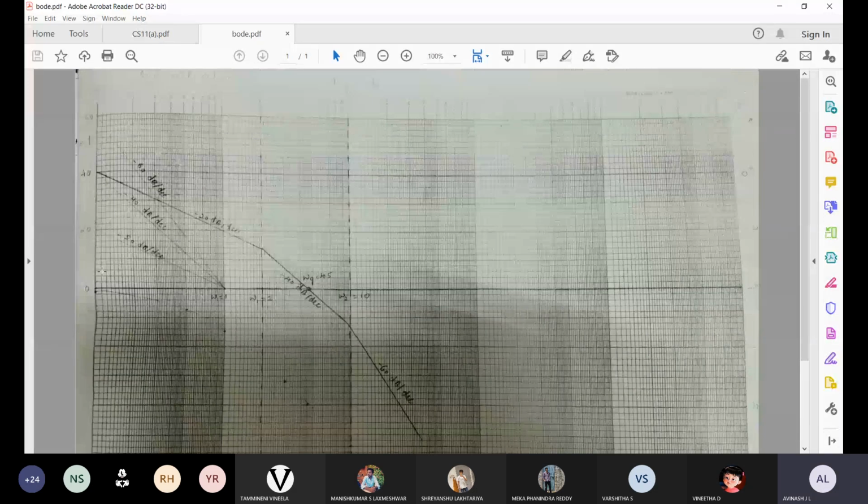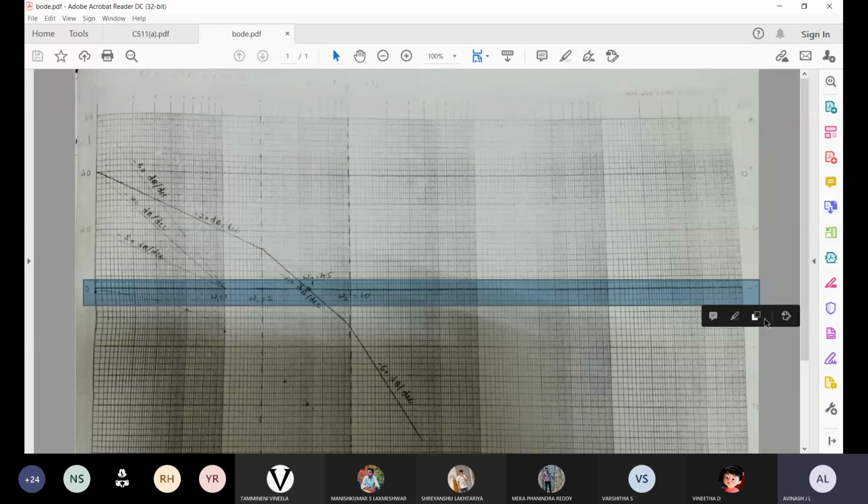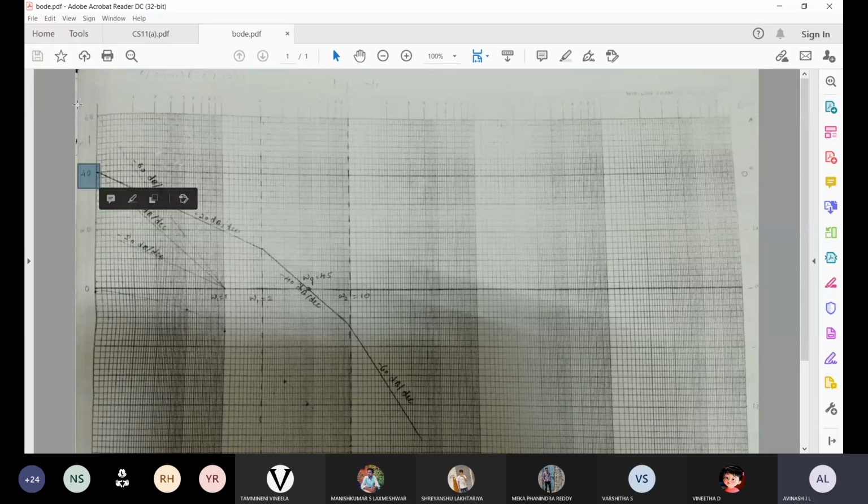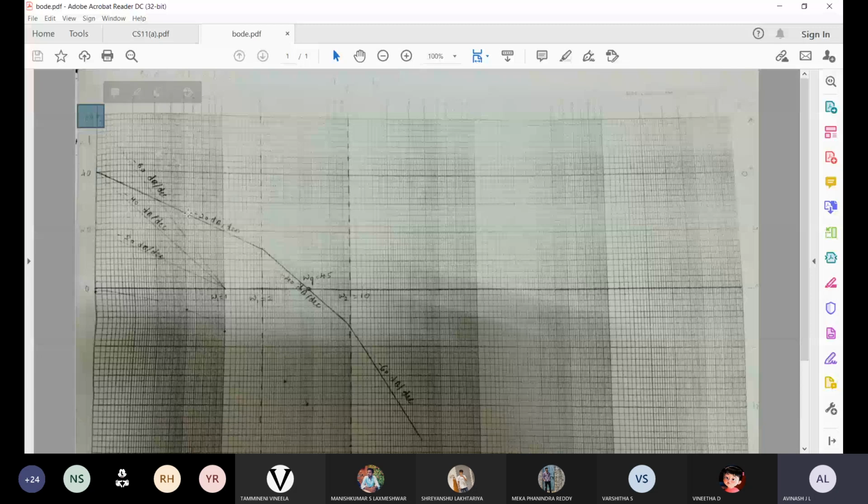So okay, I will just explain. Here one random line you choose, and you make this as the 0 line. After that you can see some divisions will be available. There you take this one as 20 dB per decade, and here 40 dB per decade and 60 dB per decade. Because 60 dB is the maximum value we got. So up to 60 dB per decade, we will mark the positive values.